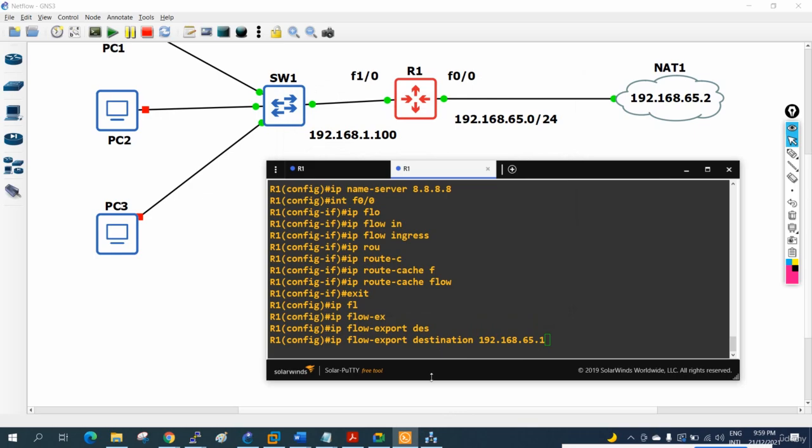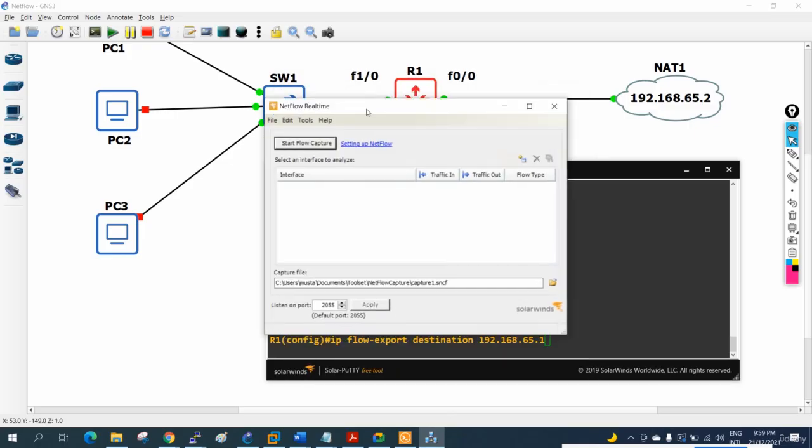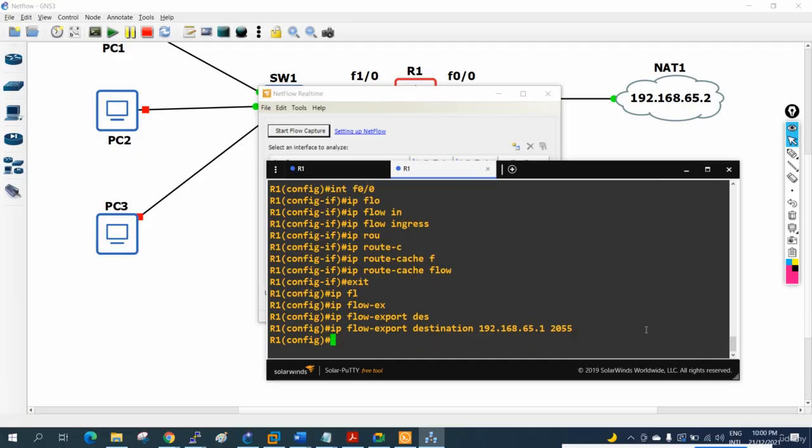So if you see, we don't have any device here connected. When we put the configuration, you will have one device here, whatever device we are configuring, the R1. So now here I will give space and then I will write the port number 2055. Okay, I will write the 2055, and after that what I can define is the